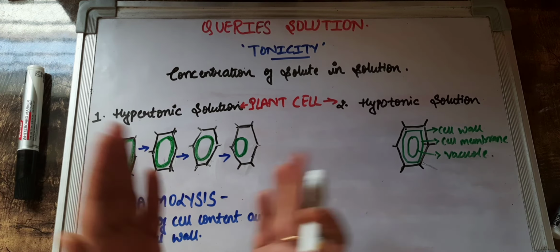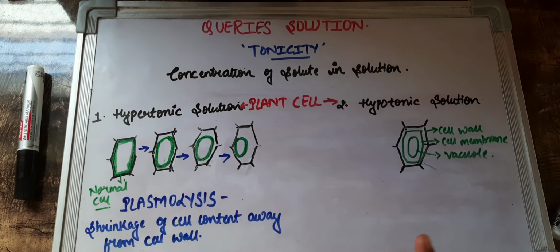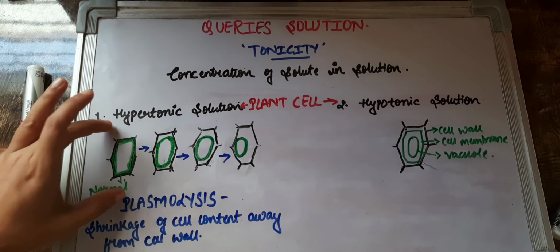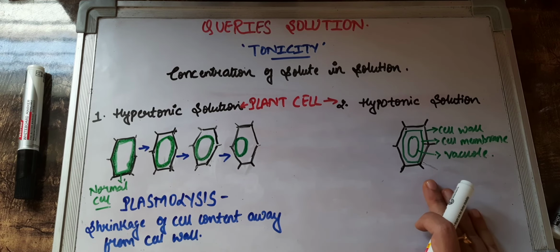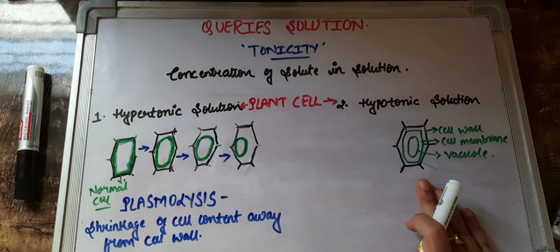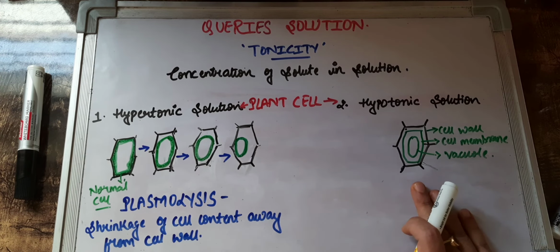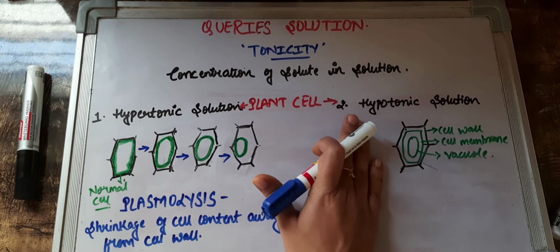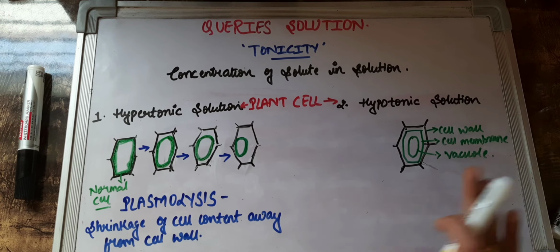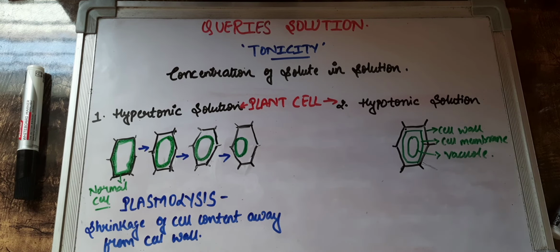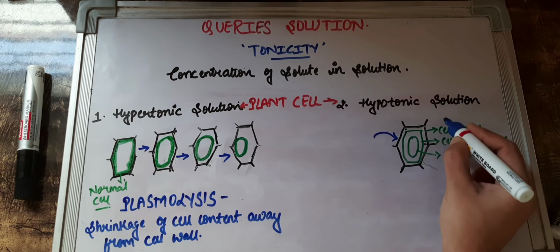And if you are again going to keep the cell back in a hypotonic solution, what will happen? It will become deplasmolyzed. It will again come down to its normal place. But if I am keeping a cell, children, in a hypotonic solution, what was hypo as we had discussed? Where the water concentration was higher. So if I am keeping a plant cell in a hypotonic solution where the water concentration is higher on the outside, lesser on the inside, we all know what is going to happen. The water anyway will get in.